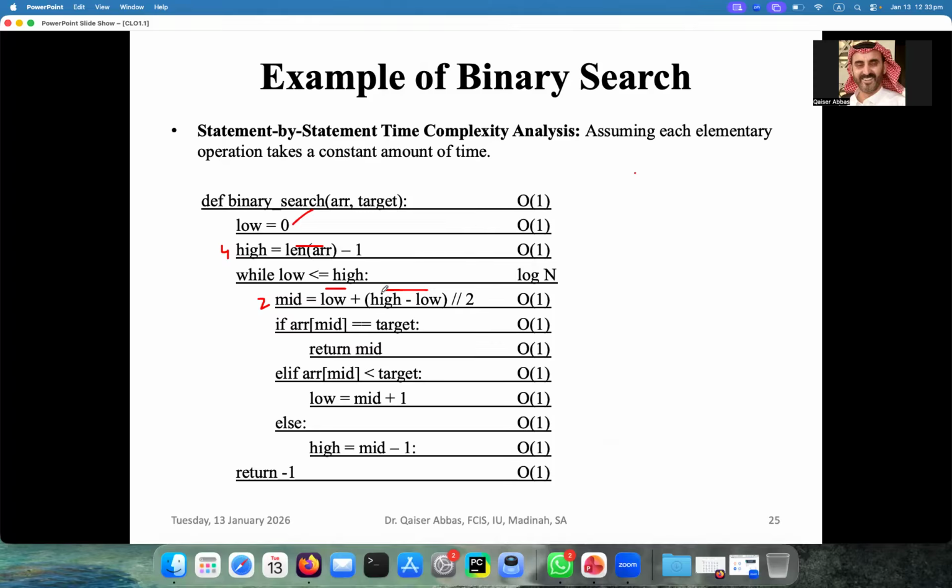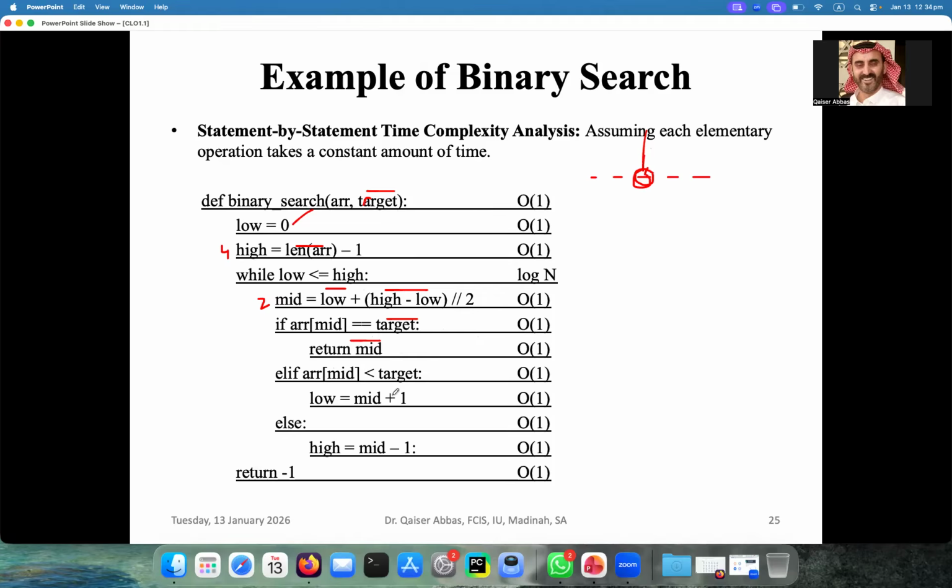So 0 plus 4, 4 divided by 2, you have 2 here. And then you are checking array at mid, which means if you have an array like that, with 5 elements, then 0, 1, 2, this is the mid index. So for array at mid, you are checking this element against the target, the element that you want to find. If it is equal, then you are returning that this is the mid location of that element. If array at mid is less than target, it means this element is less than this target,